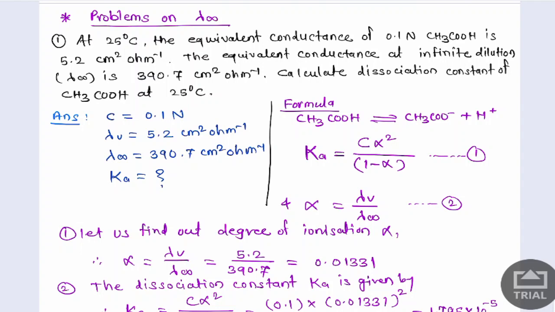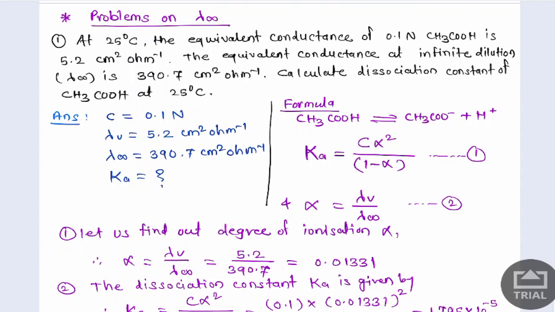Whenever you read the problem, read it carefully and try to find out what is given. So write down all the given values. Concentration is given: C is equal to 0.1 normal. Equivalent conductance at the given concentration, lambda V, is 5.2 centimeter square per ohm. Then lambda infinity, the equivalent conductance at infinite dilution, is 390.7 centimeter square per ohm, and K is the dissociation constant of